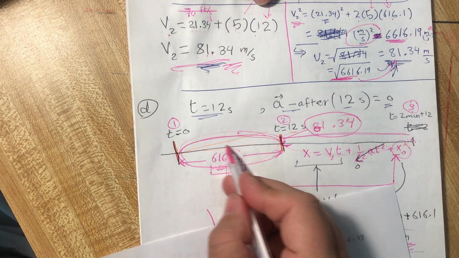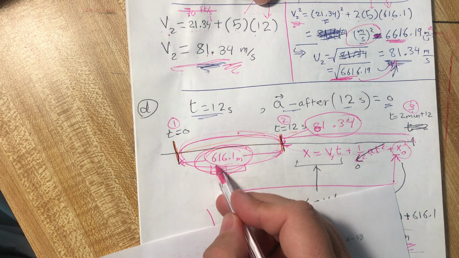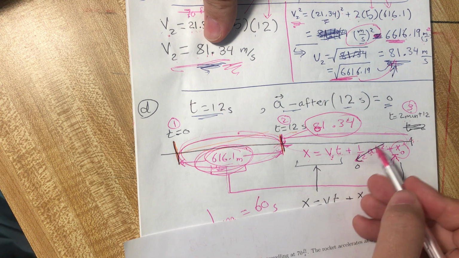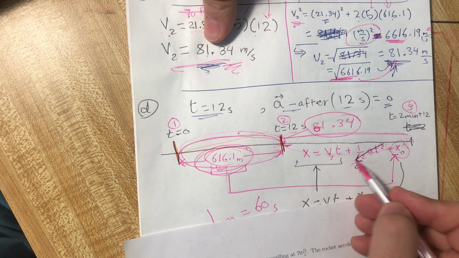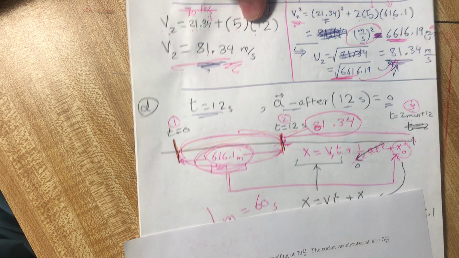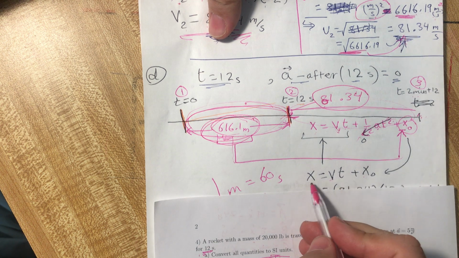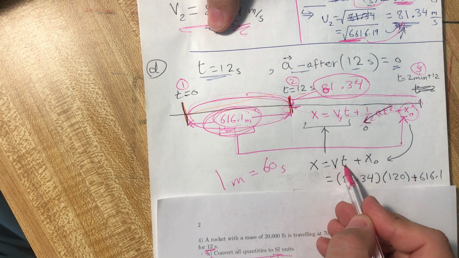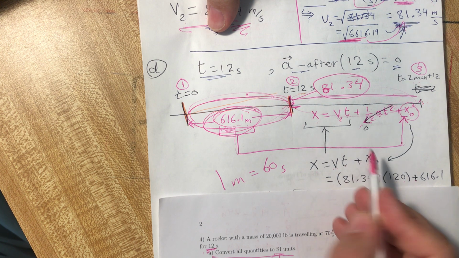x naught is the same distance we solved here. This is x naught for this period. The acceleration is 0 because the engines are stopped. So the total distance will be v multiplied by the time plus x naught, which is